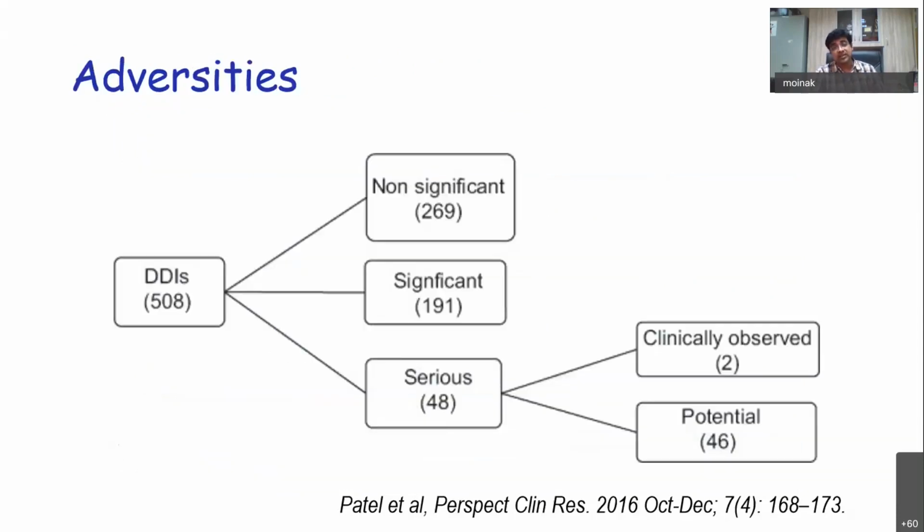How has it adversely affected patients? Serious and life-threatening drug interactions have occurred in at least 1 in 10 of the patients, with potential threat and clinically observed. That means 1 out of every 10 patients that they have prescribed for, and this is a district hospital we are talking about, has undergone a grave issue with the prescriptions.